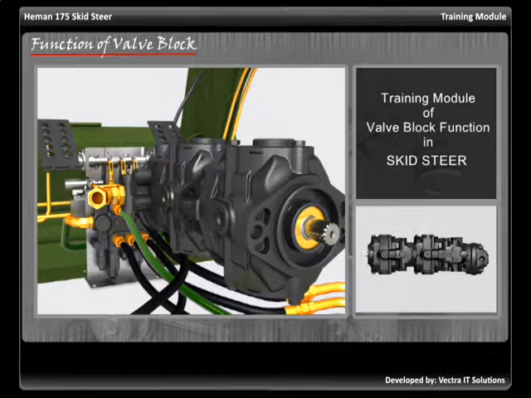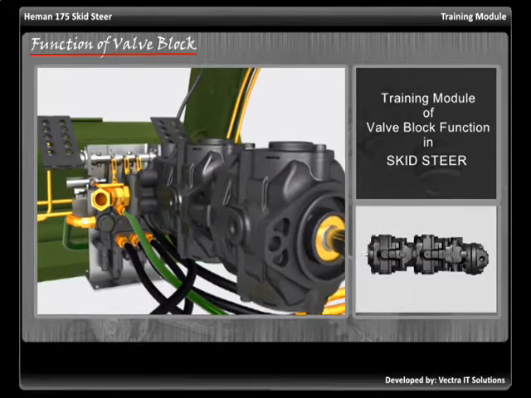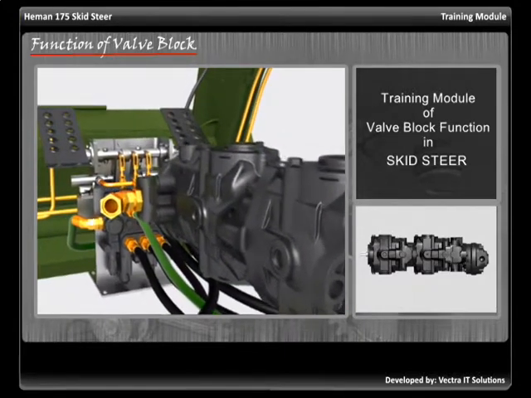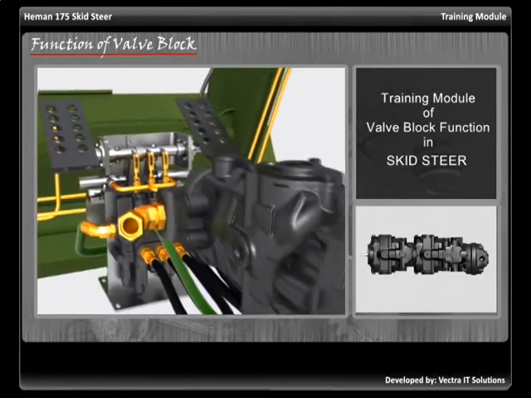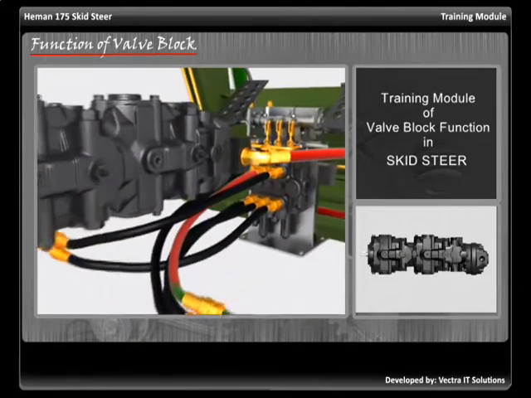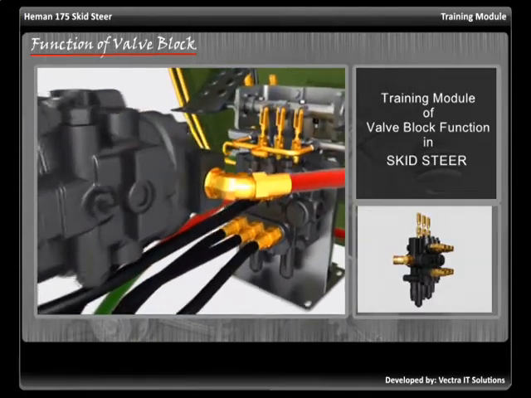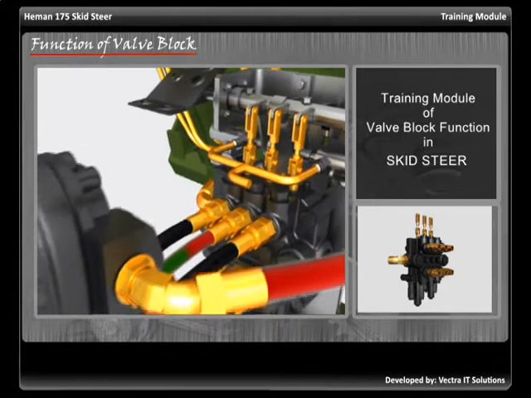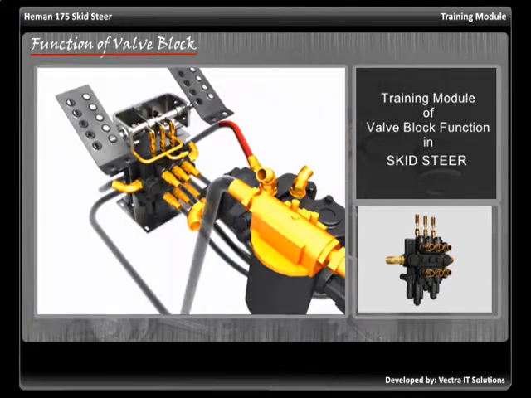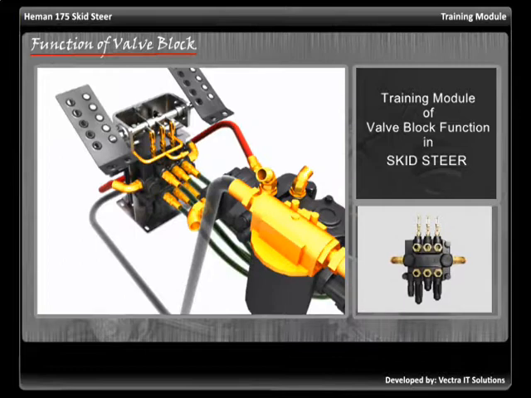Hydraulic pump in skid steer is driven by the engine. The engine drives the shaft of the hydraulic pump. This creates suction force in the pump and lets it pull oil from the oil tank. The pump then pushes the oil under high pressure towards the valve block. Valve block acts as a gate and directs the transfer of oil to the 3 lift circuits according to the